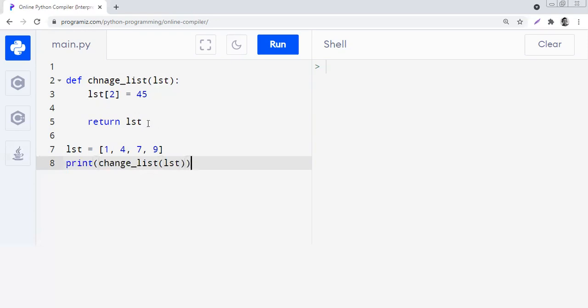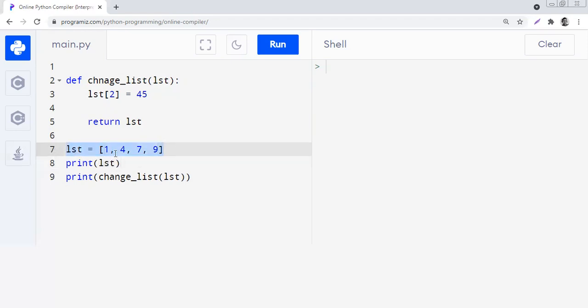Now print lst, and print this here. So whenever we run this,